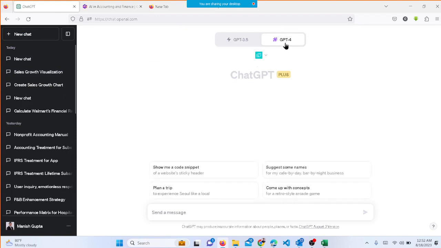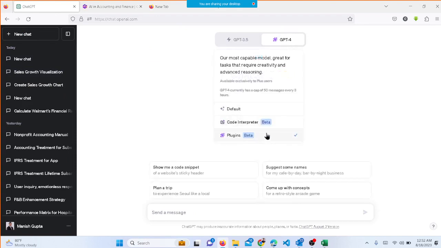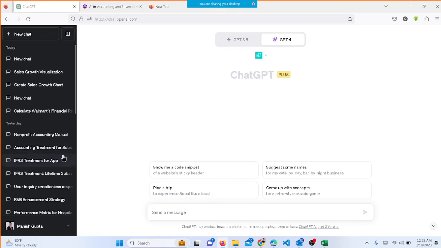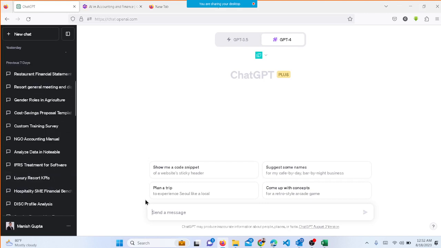With GPT-4, you can use Notable for creating a new project. You have to create a project in Notable first, and then come to it and create the data analysis. But it requires a lot of programming language. So if you're not very well versed with programming